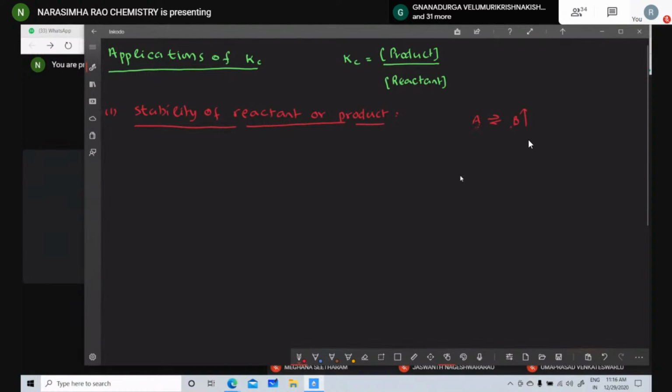So the stability of the product is directly proportional to the concentration of the product, and inversely proportional to the concentration of the reactant. It's clear, children? Okay. If condition, special point,